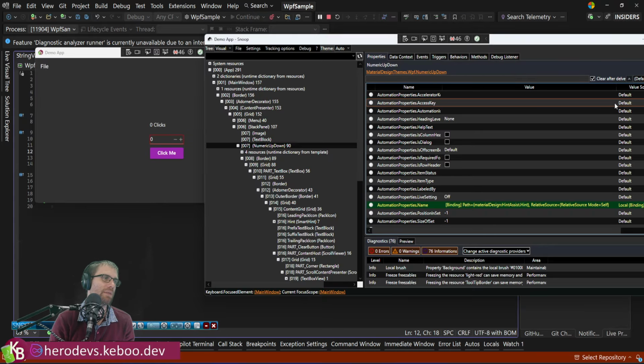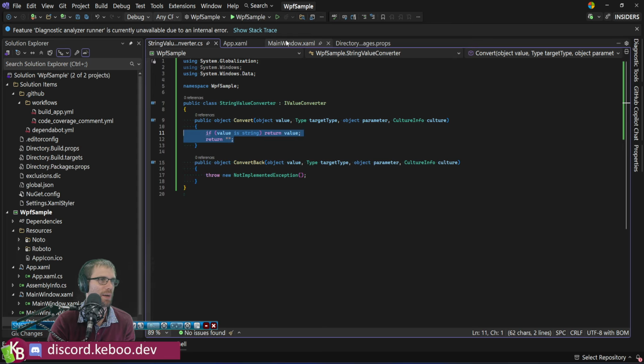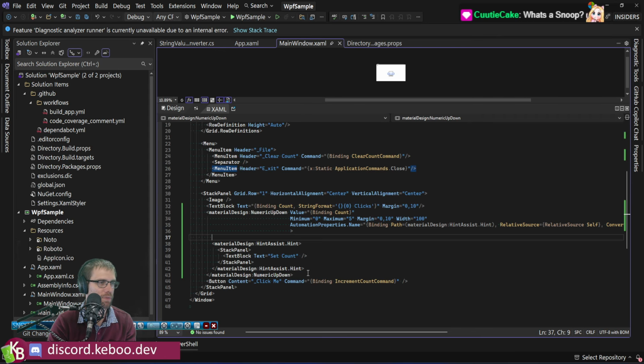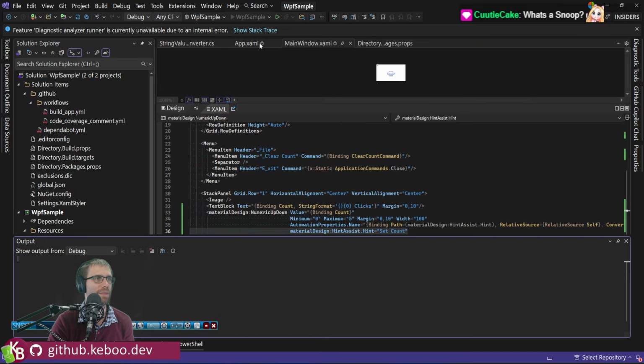I think that's probably better. Something simple like this, because that's the case where it's an object. But if I go through and do, we're going to comment this for a moment, but if I do hint assist, hint set count, in this case I would expect